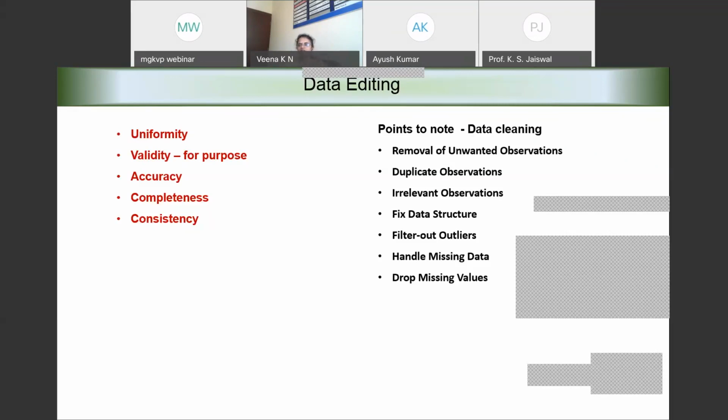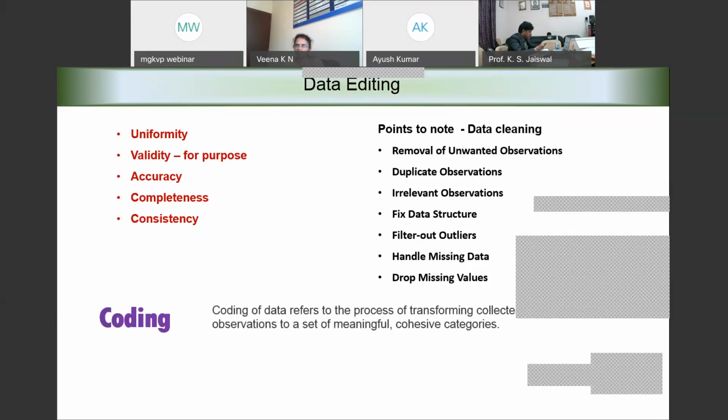All these things can be determined while editing the data. And we can also decide about dropping the missing values. For example, if the data is not complete, then maybe we will drop the whole respondent's response or the questionnaire itself. All these are possible while editing the data.